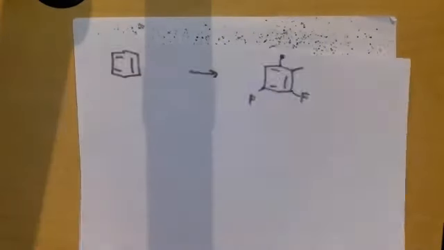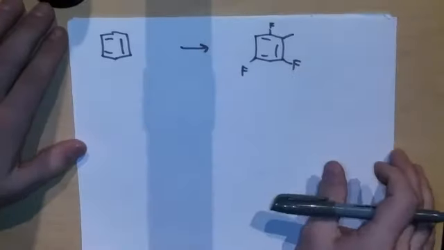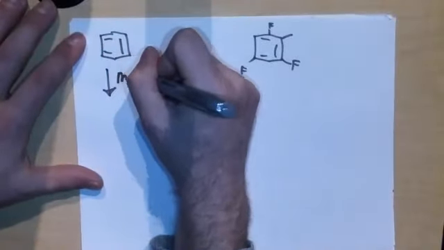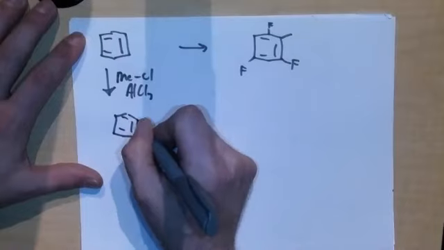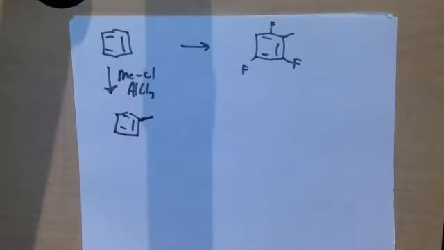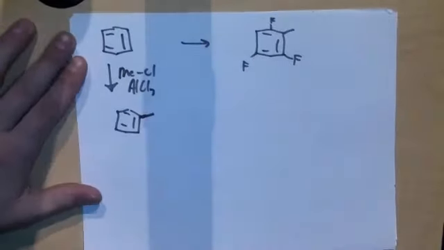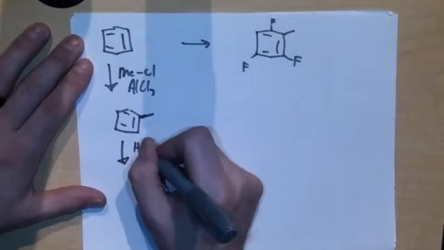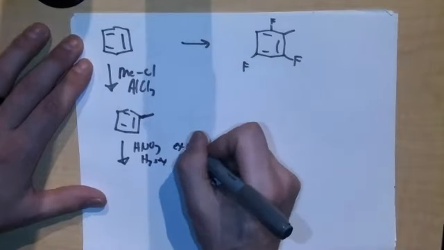All right, a couple of different ways to do this. First one, I'm going to go through one way where I do the methylation first. Technically there's another way where you do all the nitrations first and then do a methylation, but I like this way better. So I'm going to do methyl chloride, AlCl3 to make toluene. From here, I'm going to have to add fluorines, so I'm going to have to go through my diazonium pathway. So let's nitrate. If I add in HNO3, H2SO4 in excess,